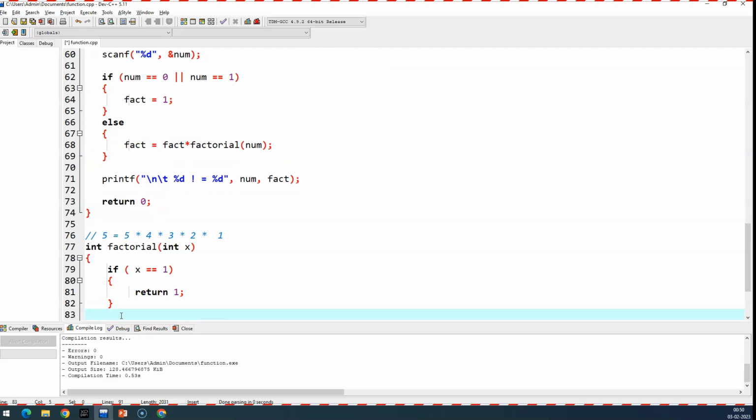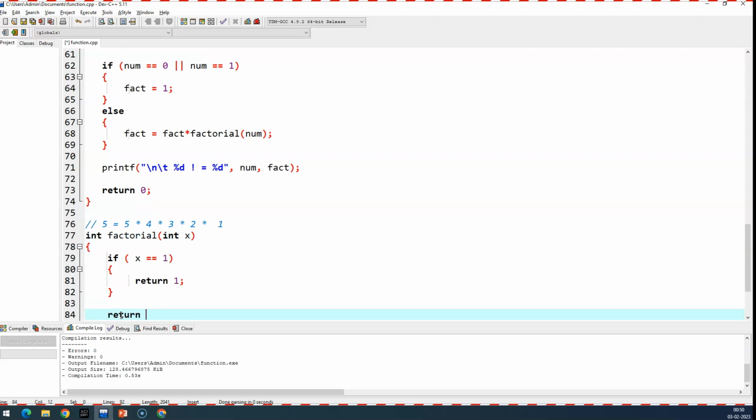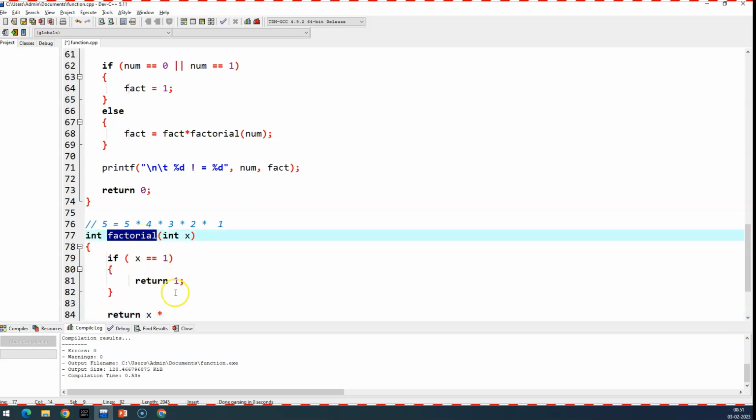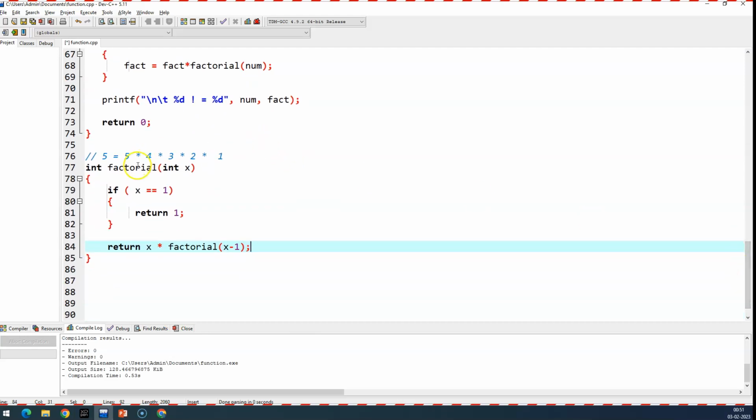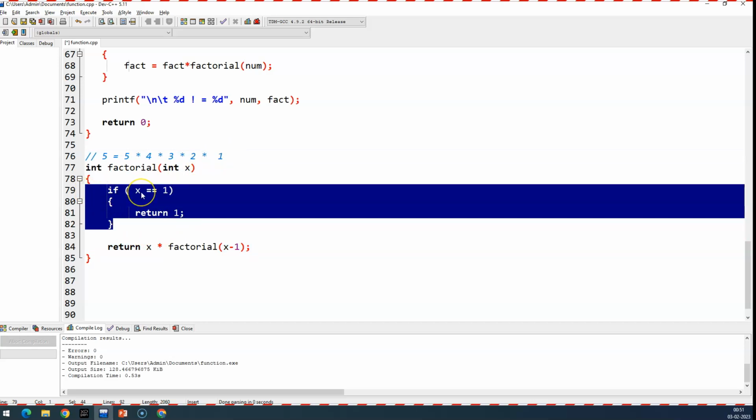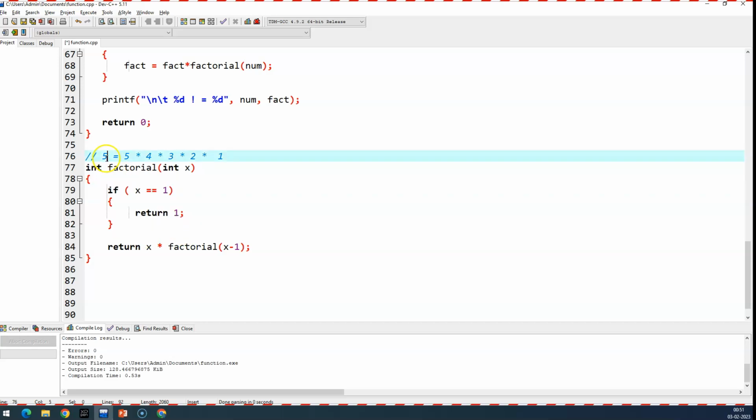We should just say return x into factorial of x minus 1. Now see what I'm doing here. This is interesting. The factorial is calling factorial, that's why it is recursion. We are stopping the value at 1, that's why I'm saying when x is equal to 1, stop all that recursion. If x is not equal to 1, let's say x is equal to 5,